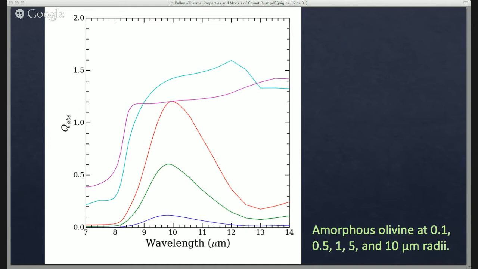For the crystalline silicates, Mie theory does not work very well. It doesn't reproduce resonances either in the lab or in comets. So instead, what we're using is a technique called the continuous distribution of ellipsoids. You can read about that in Fabian et al. 2001. This plot is a laboratory spectrum of a powder